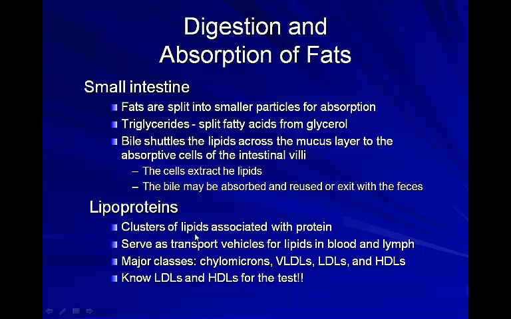But once it starts to get absorbed by those cells of the intestinal wall, how does it get into the bloodstream? Again, lipids, they do not like to mix with water. So again, your blood is water-based. So how do you get lipids traveling through a water-based bloodstream to get to the tissues where they're used? Well, we have things that are called lipoproteins, which essentially what happens is you have a protein that will bind to the lipids that you've consumed and create these molecules called lipoproteins. And by creating a lipoprotein, this allows that lipid portion to be transported in the blood and in the lymph.